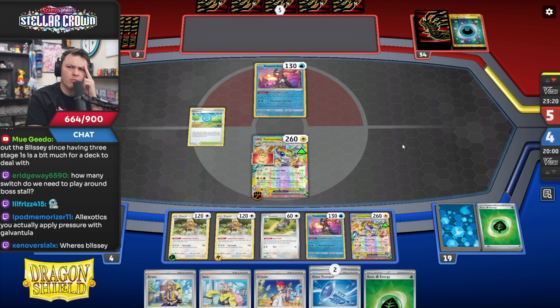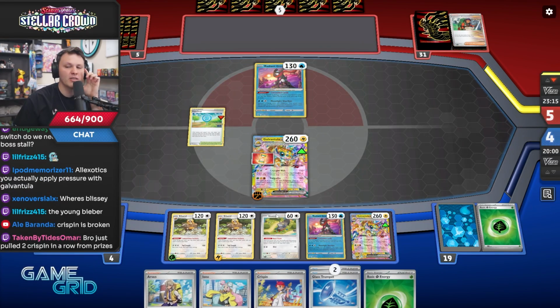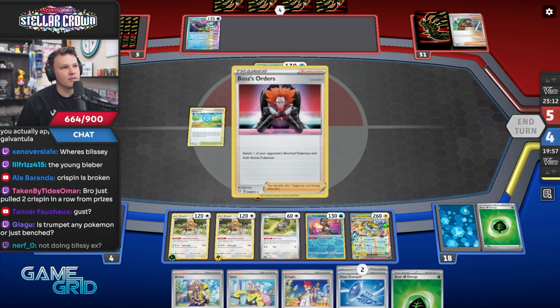But including 1 rescue board would maybe be the play, because then we could get like Arven for Glass Trumpet, rescue board, and then I'll put a rescue board on a B-Barrel. And then also, it would allow us. I don't know how many energy are left in my deck though. Actually,